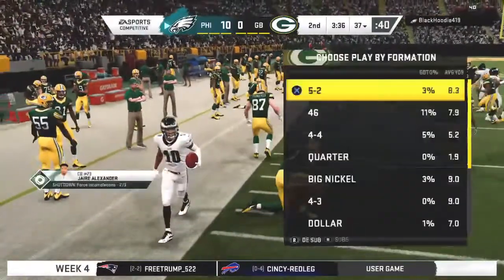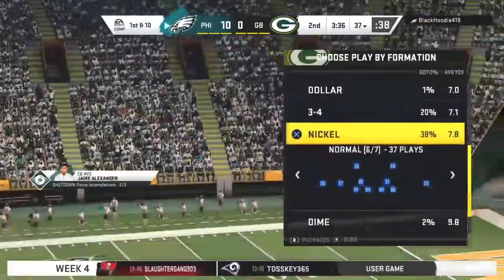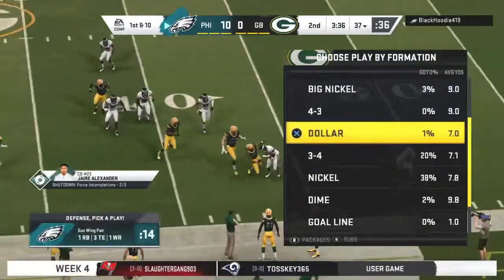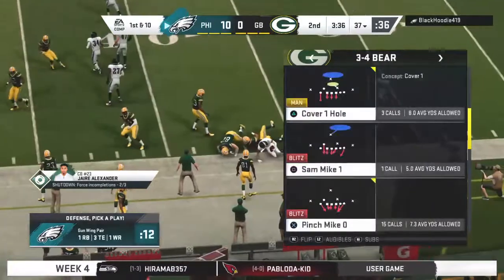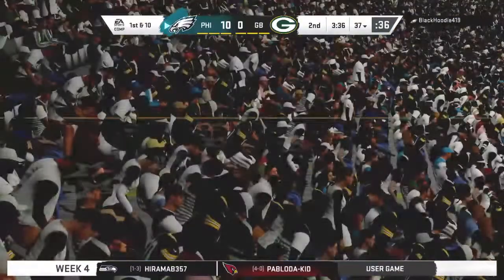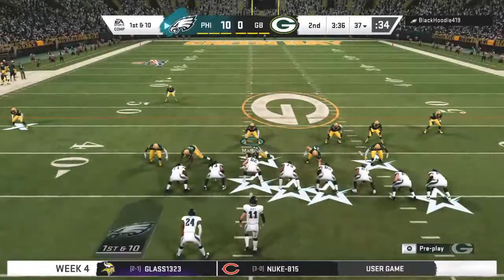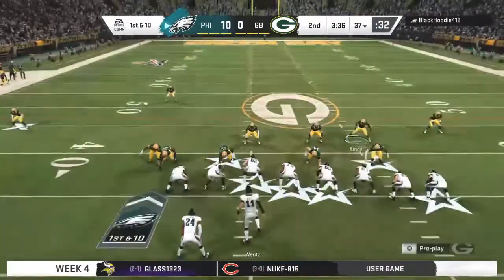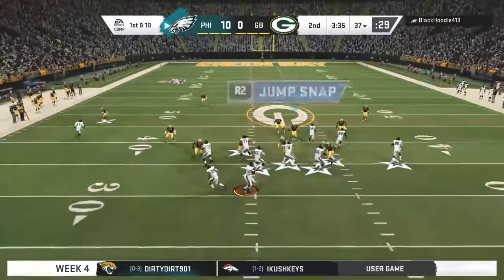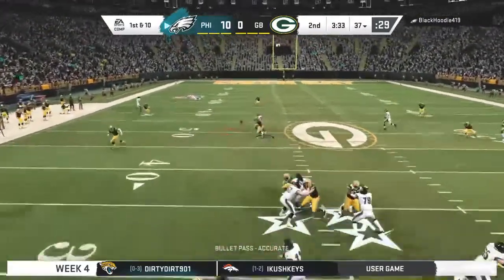12 yards on the return that time. And the Eagles will have it, taking over 1st and 10. The Eagles offense set to begin their next drive. And fortunate to get points on the board last time. They had to hit a really long field goal to do so. The kickers in today's game are so...